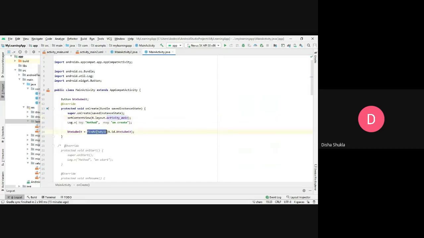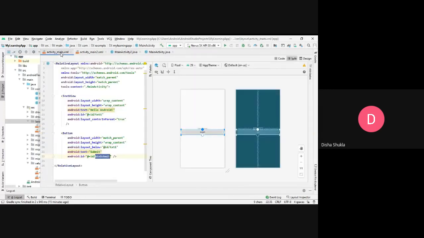So what I can do is findViewById R dot. Now this is the ID, so we'll be using id here. Here we use layout because it was a layout file, and here we are searching for an ID. And what is the ID? The ID that you have provided over here. For the button, I have provided the ID @+id/btnSubmit, and the same way btn is small and S is capital. We'll be using the camel notation over here in Java. The way you use it in Java, the same way we'll be using it over here.